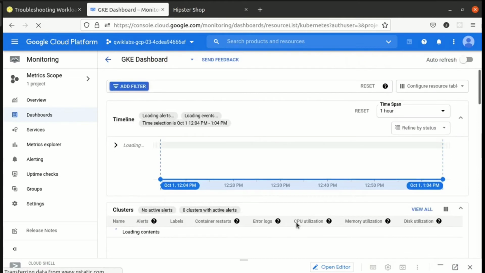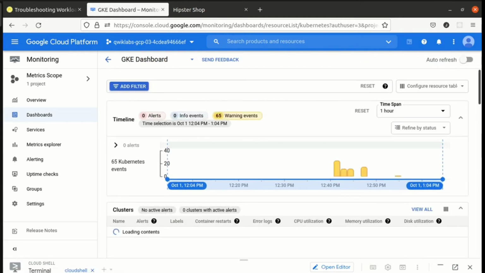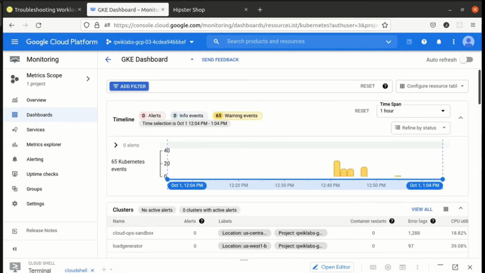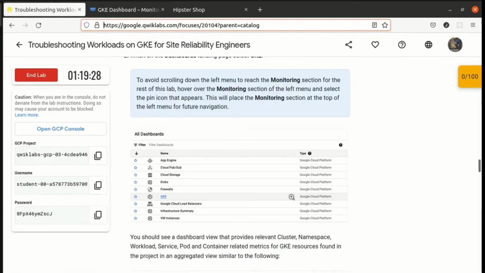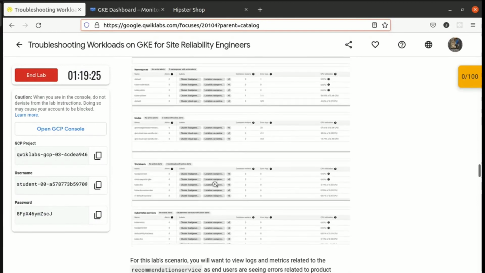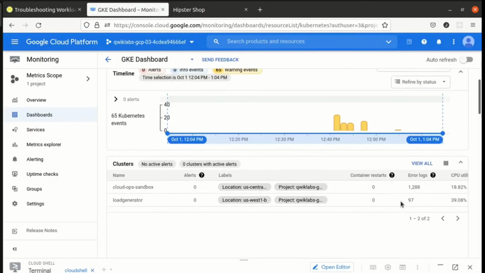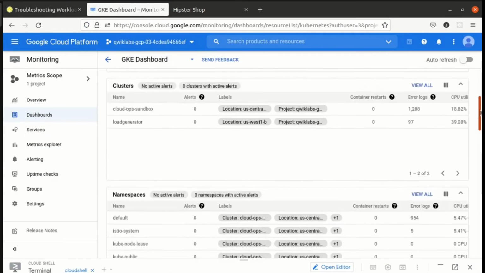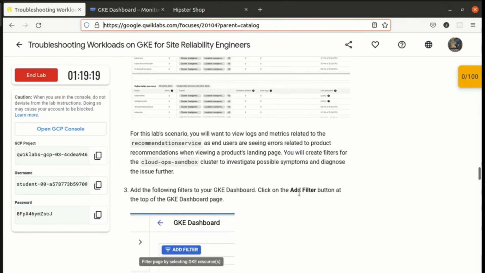Okay, we are over here. Selected the GKE, guys. So it's next. You should see the dashboard. Okay, we can see these dashboards are available over here, guys. See this. यह सारे एज इट इज अवेलेबल है. आप चेक रीचेक कर सकते हो कि आपका आ रहा है कि नहीं वहाँ पे.